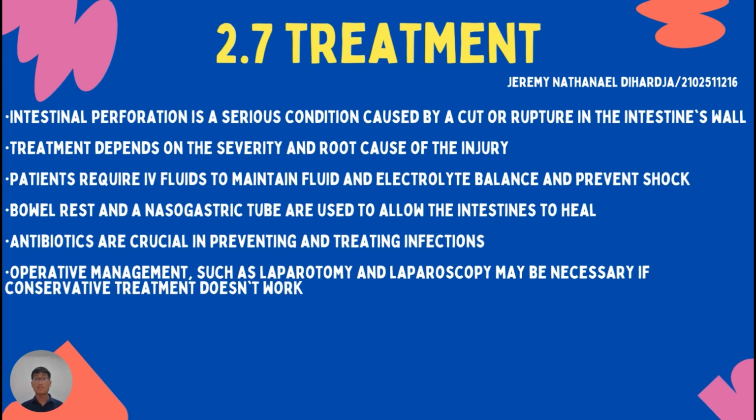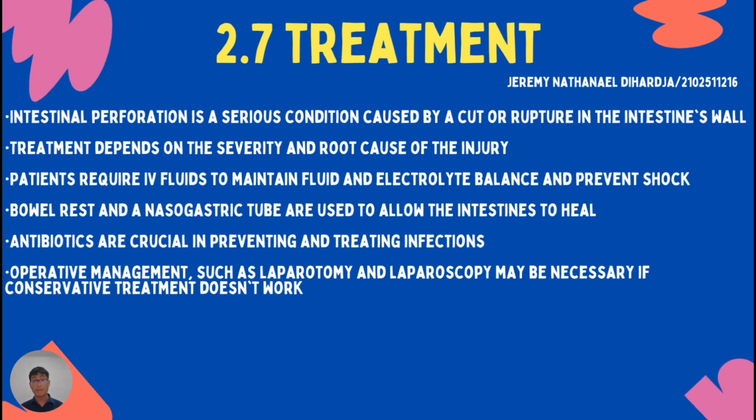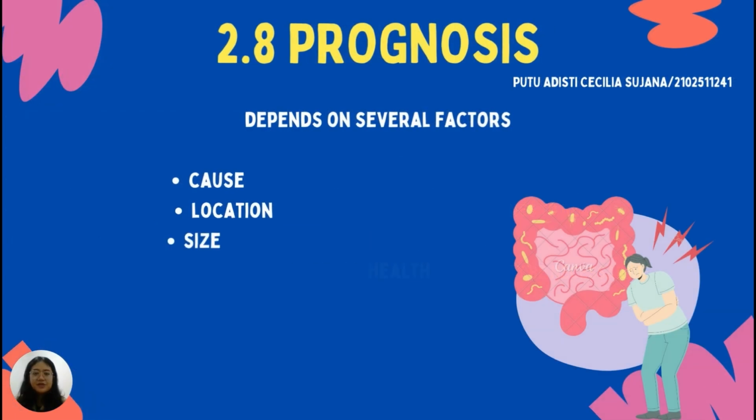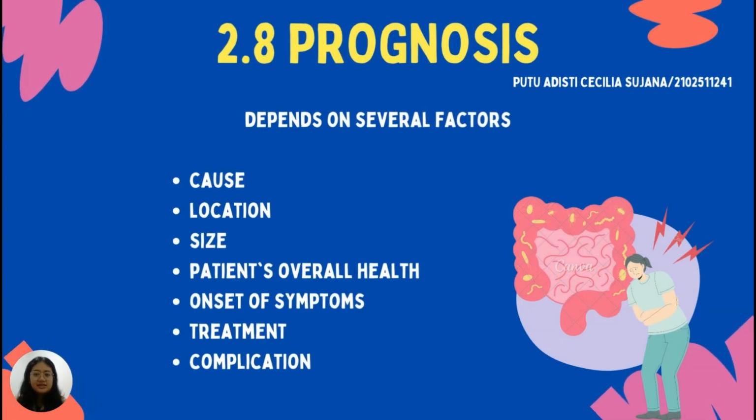When conservative management is insufficient, operative management such as laparotomy or laparoscopy can be conducted. Laparotomy involves cutting the abdominal wall to access the abdominal cavity and determine the extent of injury, whereas laparoscopy is a minimally invasive surgical treatment that involves making a small abdominal incision and inserting a laparoscope to access the belly. Studies have shown that both are effective in managing intestinal perforations, and the choice of surgery depends on the severity of the disease.